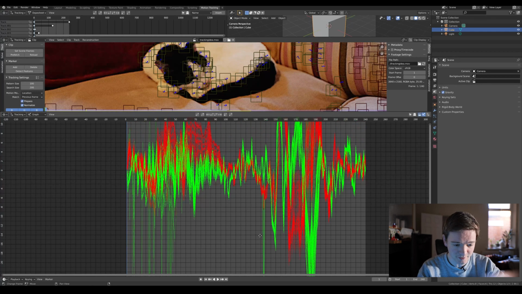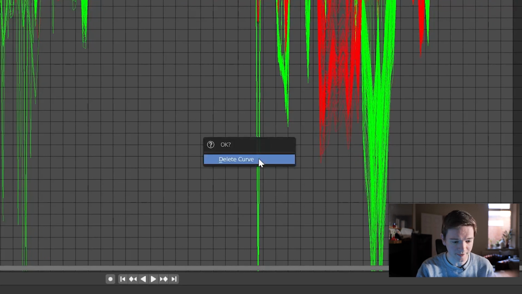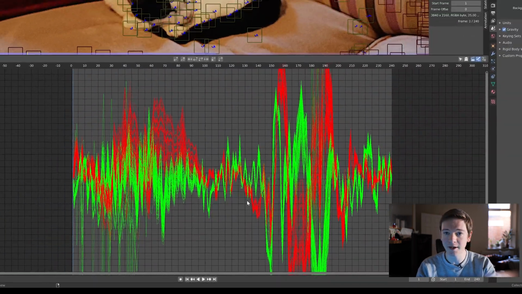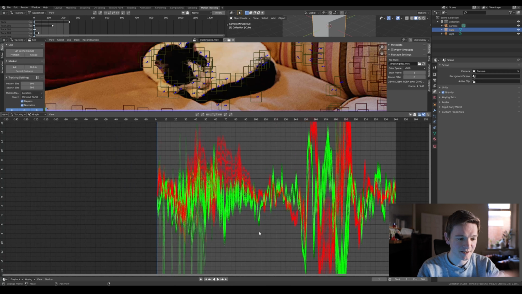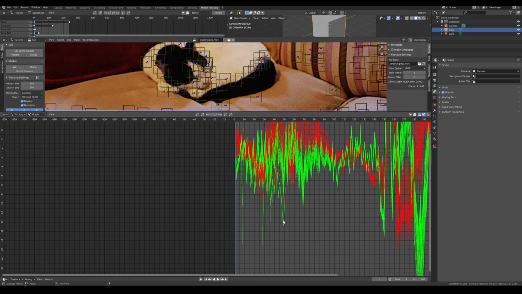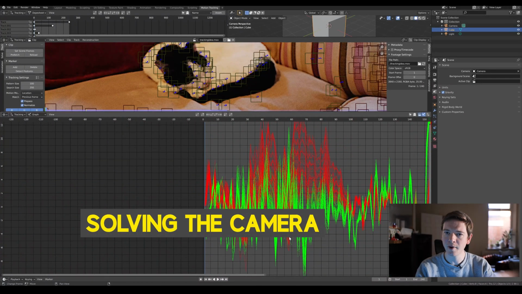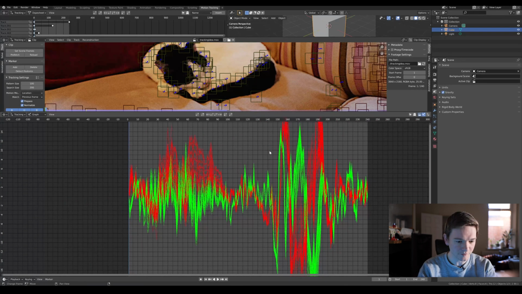So what we need to do is select a track like that, just click on it and then press X to bring up the delete curve, and that removes that. So now that, just to neaten up certain areas, the neater we make this, the better our initial solve will be, and then we can see how we can improve it even further from there. You can go back later and remove tracks after we've tried a solve, but it's good to do this first, because what we're going to do, I'm going to leave it as is there,